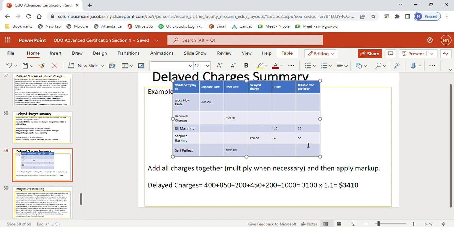Oh, say, come on, $15 an hour. $50 an hour. Wow. All right, so 4 times 50 is 200. So that's where I get this 200. And then I have $1,000 for my salt pallets. So I'm going to add all this together and I get